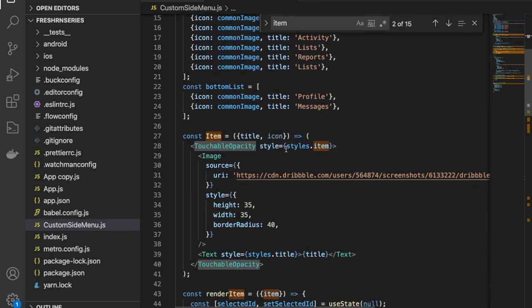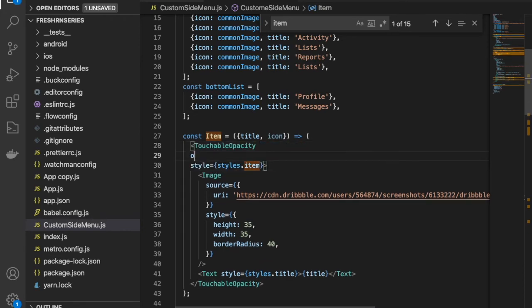Like this. And then what I can do, I will use on press, and I'll basically call a function from the child component to the parent component. So I'll use on press only, okay, and which I have to define over here.